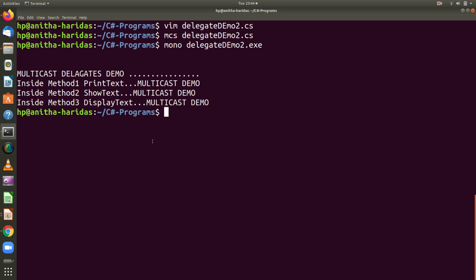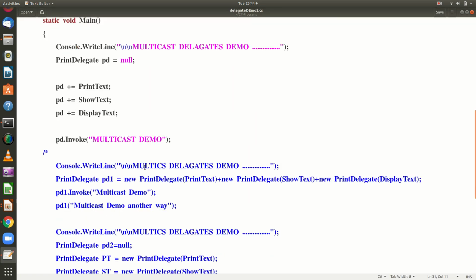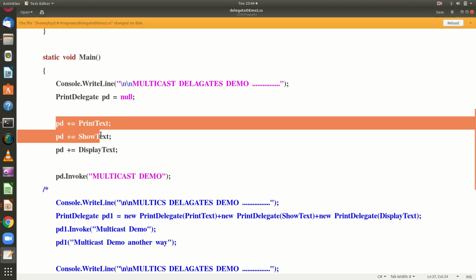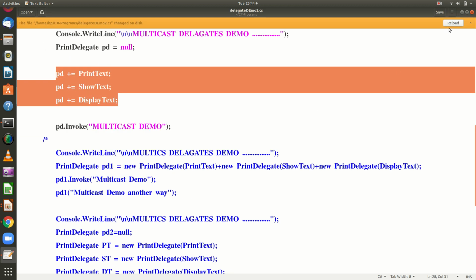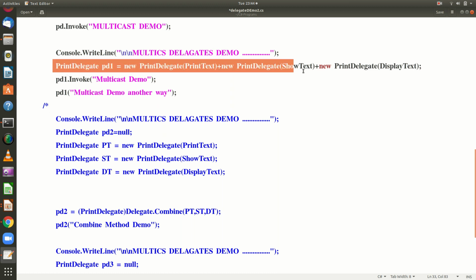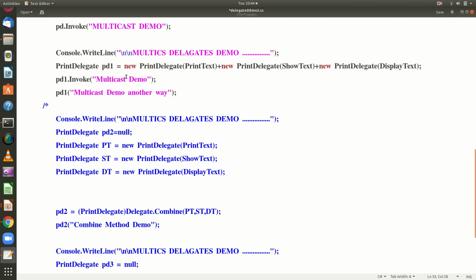Now let us see another way of defining it. You can observe here that I am using the plus equal to operator. Now I am going to remove this. Here you use another way of defining a delegate object.